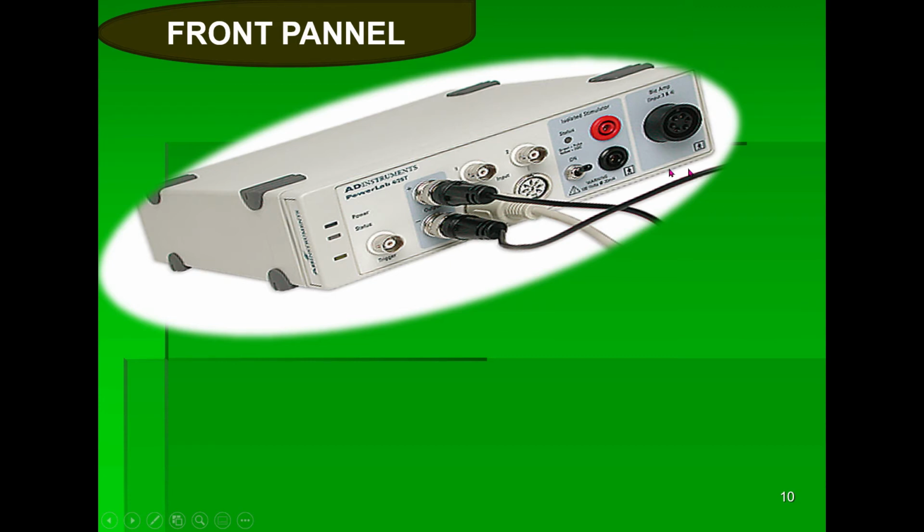So this part is for the human subject, and these four, this one, this one, this one, are for human and animal both. This is for input purposes, and we just record. For example, a finger pulse transducer can be attached here. We can have some bridge pods, which are accessory equipment that we attach in different types of experiments. And the important thing is this: you can see this is black and this is red, this is plus and this is minus.